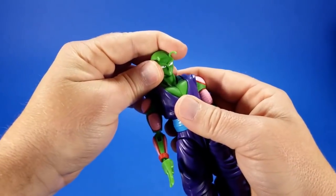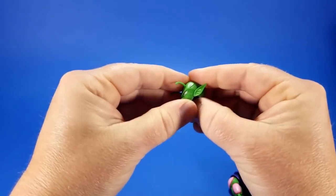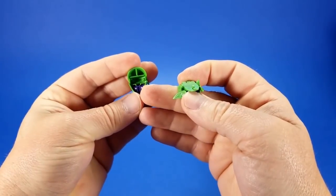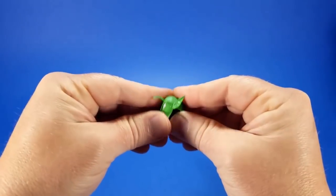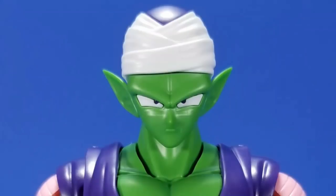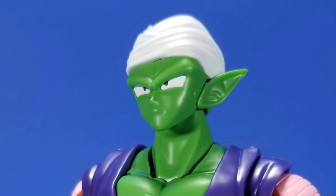And to change that out, you just pop the head off, and you have to pull the front of the face off. The last few times I've changed it out, this piece that has the eyes and such in it, it's stuck to here. It's easy enough to just pull off and put on. And then you just put the screaming face on and pop that back on there. And then he comes with another face option that has the turban on it. And this is, it's not a huge problem, but I kind of wish it came with another ear part. That way you didn't have to switch this whole thing out. Don't get me wrong, it looks good, I like it, but...